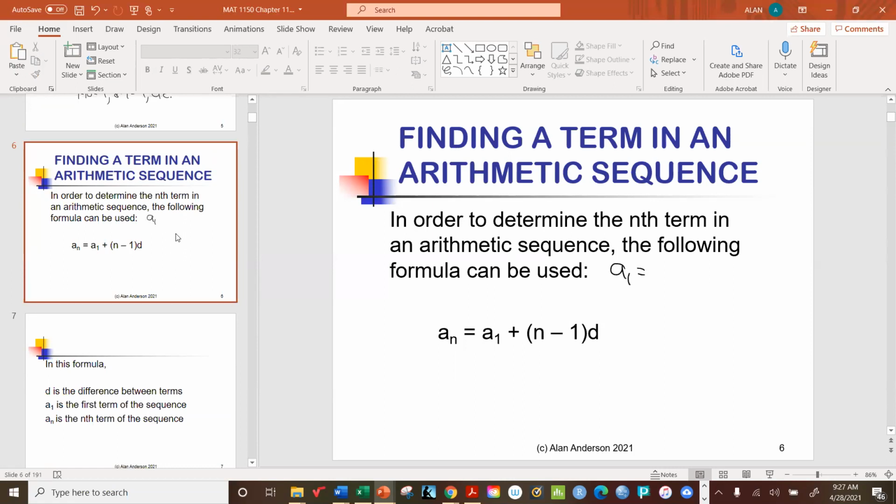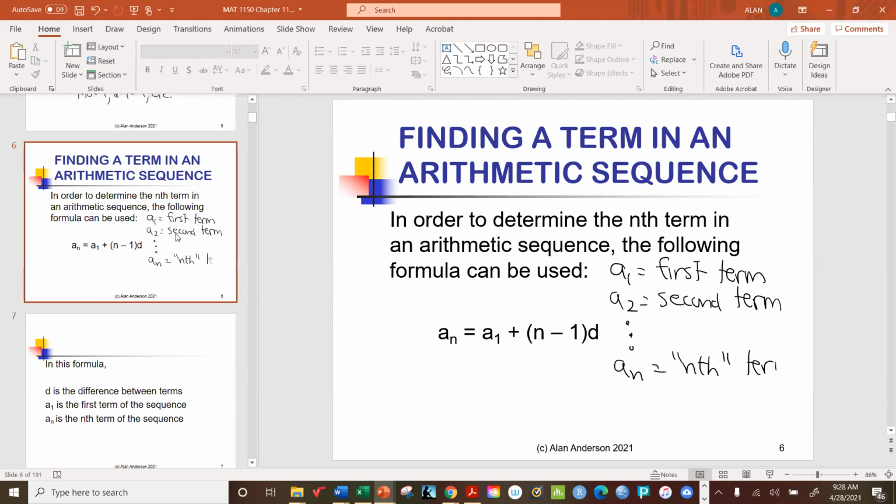A1 will represent the first term. A2 would, of course, then be the second term. And then we go all the way down. AN would be, we'll call this the nth term. All right, so A with a subscript is a term. N is the number of terms, or the term